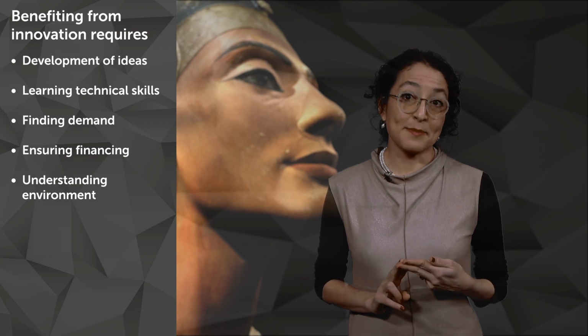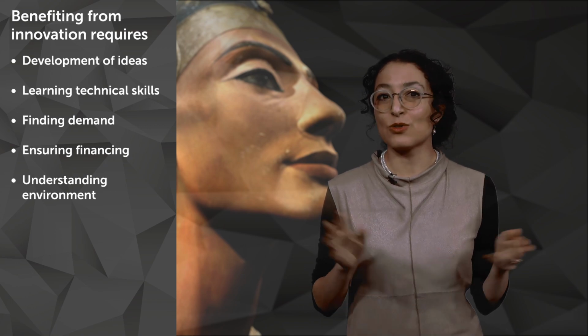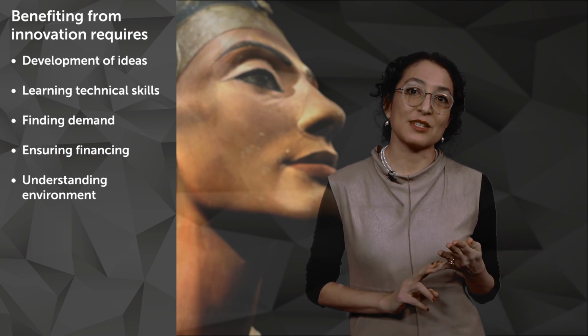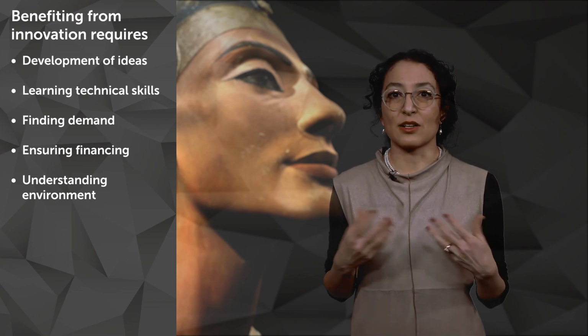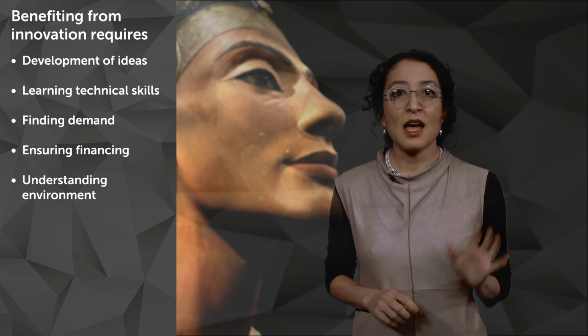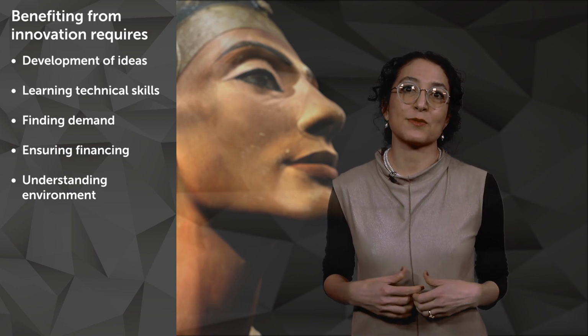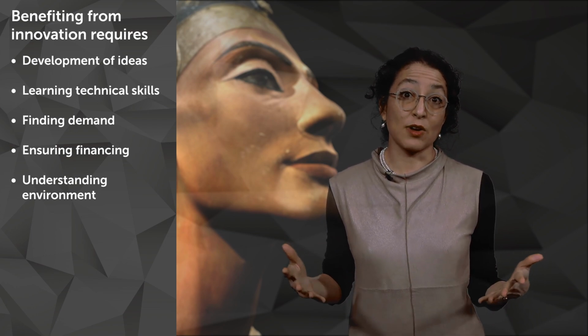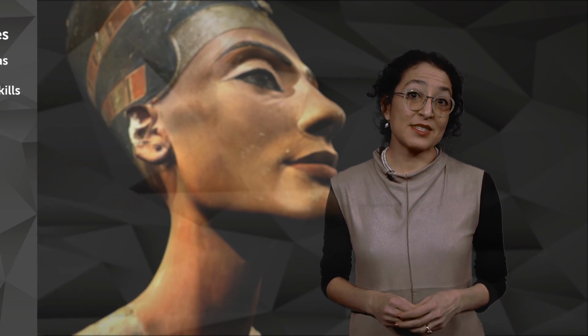There will have to be a demand for the new services. There needs to be financing available also for the long term, and museums need to know how the digital environment works, for instance regarding copyright, network effects or new consumption patterns. Having these five elements in a complementary innovation system enables firms to advance innovatively and in the long run contribute to radical innovations. The museum sector in general appears to still be testing the waters, though a few forerunners are clearly benefiting from adopting a digital work practice